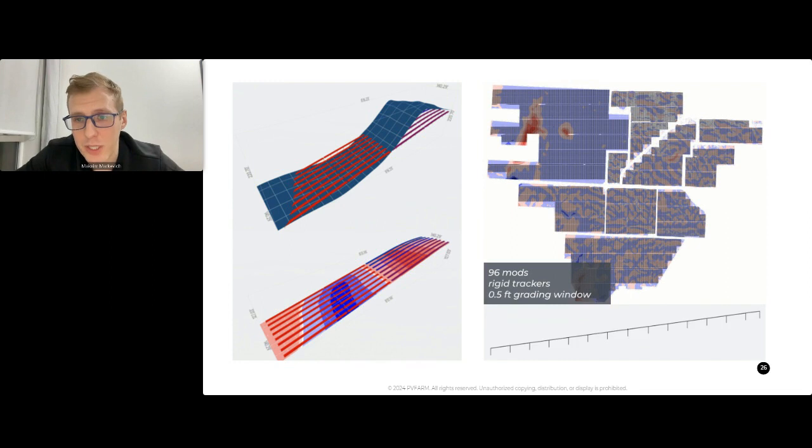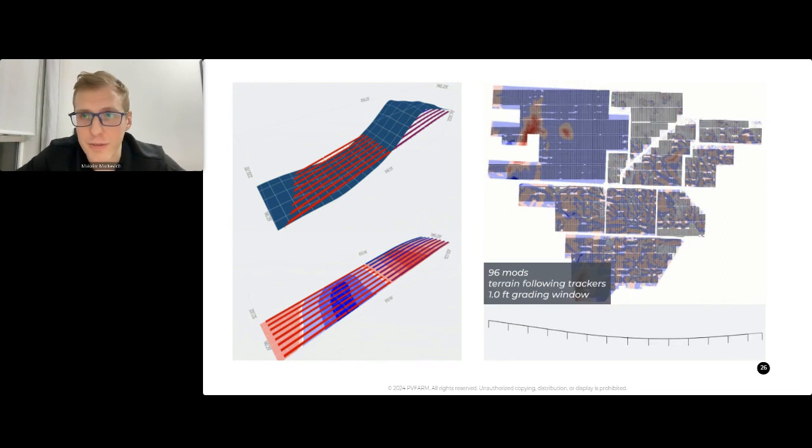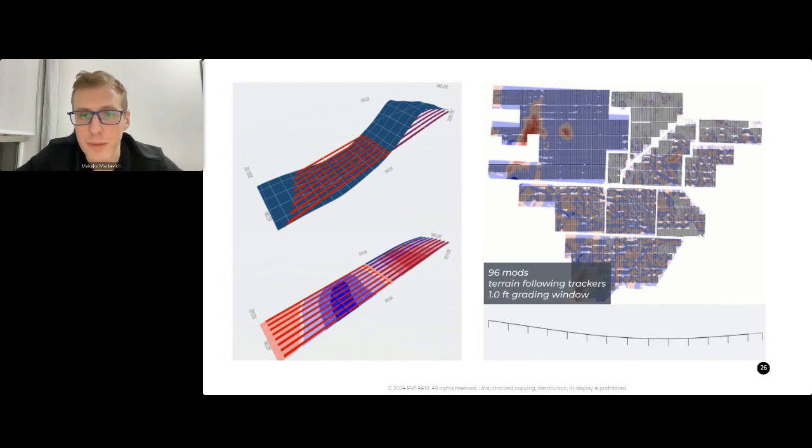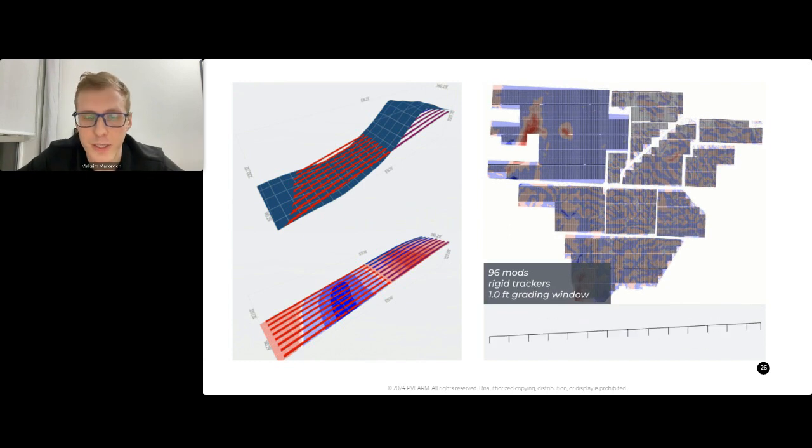Basically, it didn't take us that long, around 10-15 minutes to run through all of those options. Just before we go and talk about results, I want to explain a bit what it means to actually run the grading analysis for